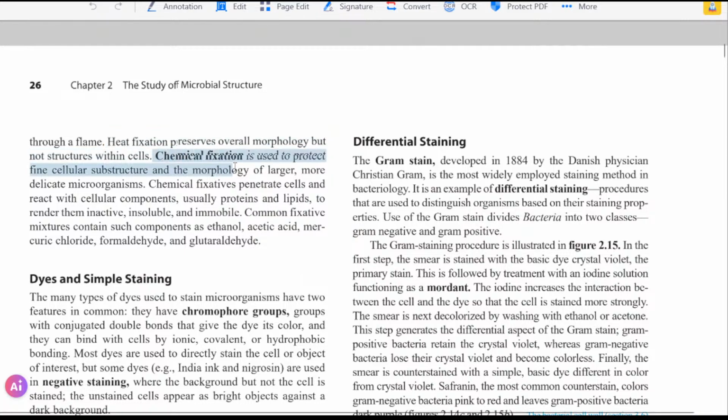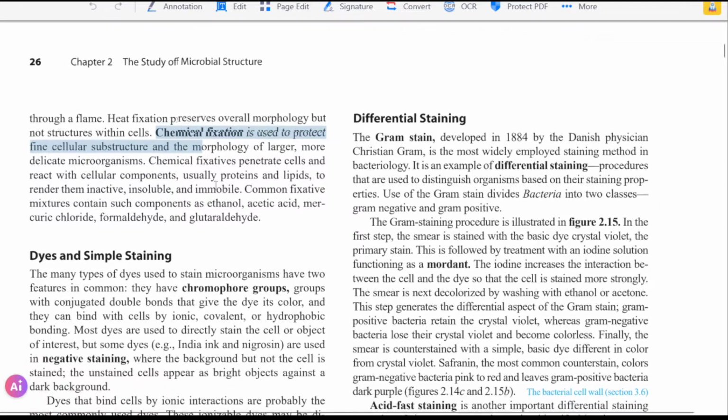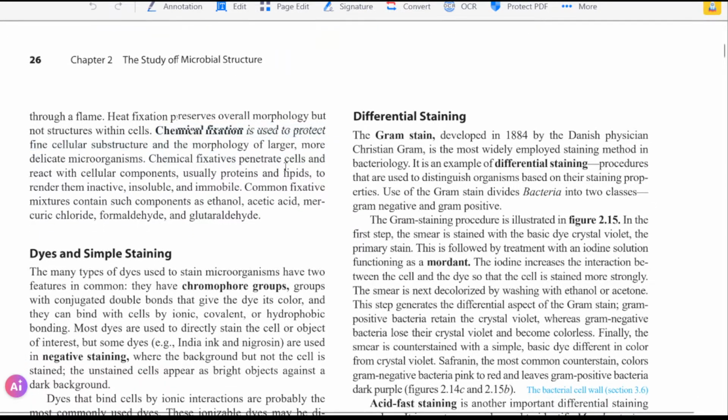The second method is chemical fixation. It is used to protect the fine cellular substructure and the morphology of larger, more delicate organisms. So this is a more advanced method than heat fixation, but it is more complex and uses chemicals. It fixes the overall morphology and the inner substructure, right? Chemical fixatives penetrate the cells and react with the cellular components, usually proteins and lipids, to render them inactive,